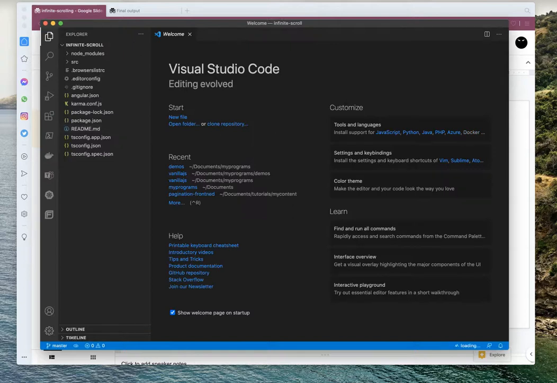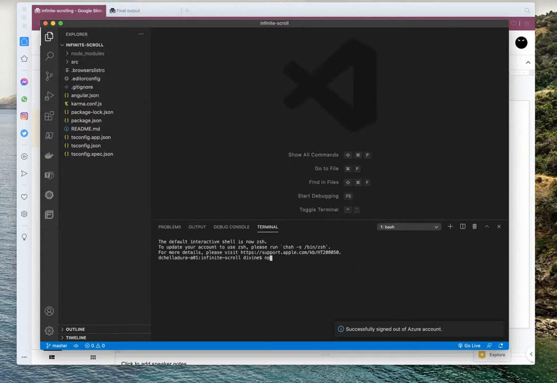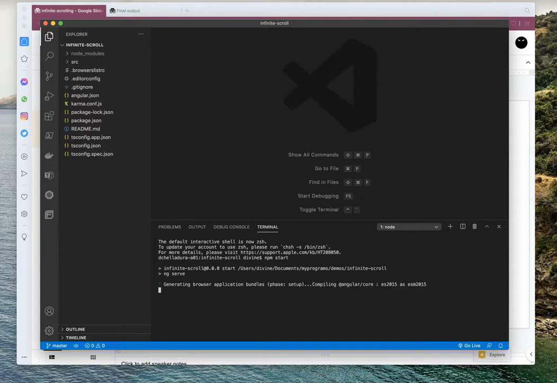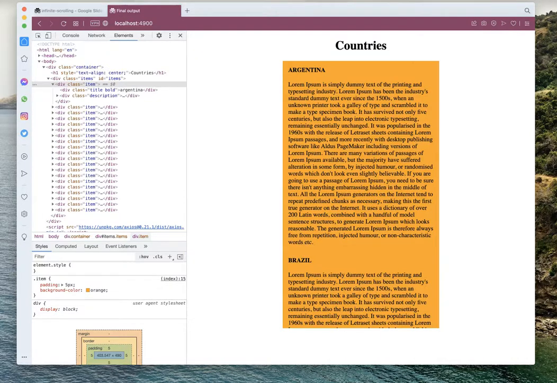So this is a brand new Angular project. We'll start the project. Our target is to arrive at this final output.